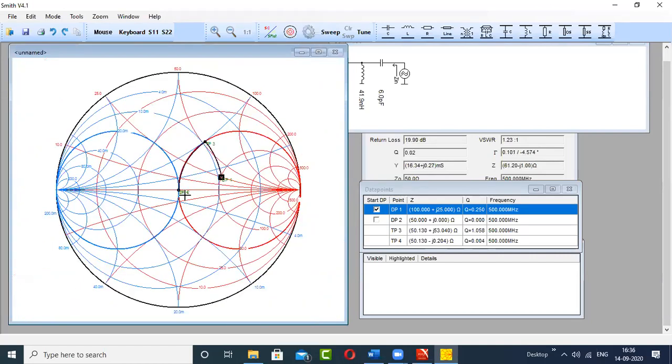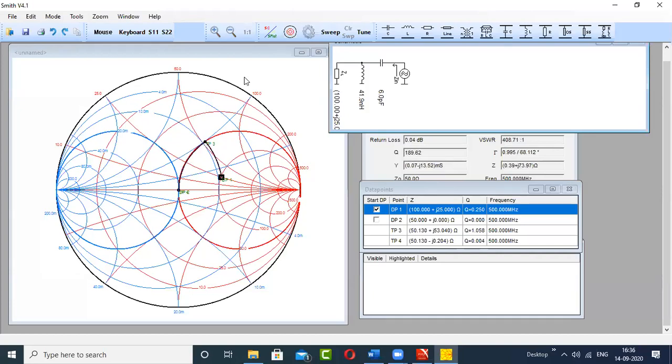Okay, so you can see that I have reached the center of the Smith chart. I started my journey from the load. I moved along this path, which is part of what? Y chart. Okay, so one component was added. Later on, from this intersection point, I moved to the center of the Smith chart. So this was the second path.